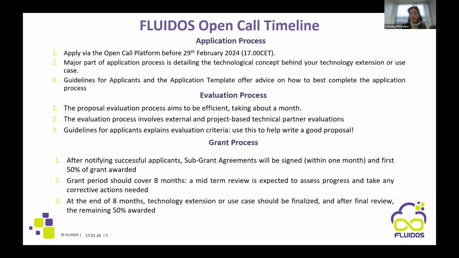This is another slide to help you gather more information related to this first open call. And it has been divided into 3 parts. In the first part, you can see the application process. As mentioned before, this open call will be open until the end of February. The major part of the application process